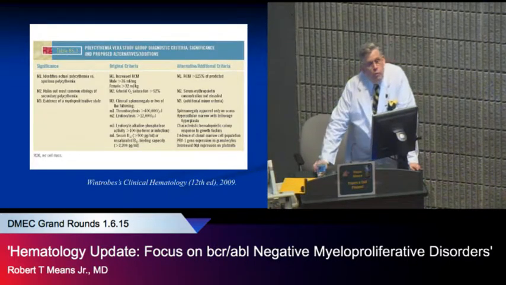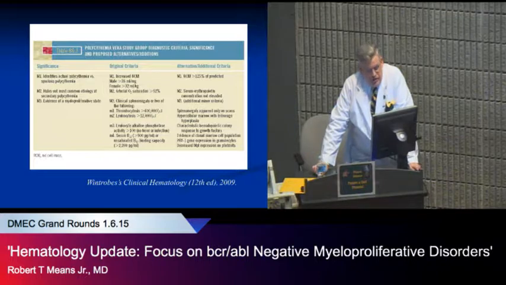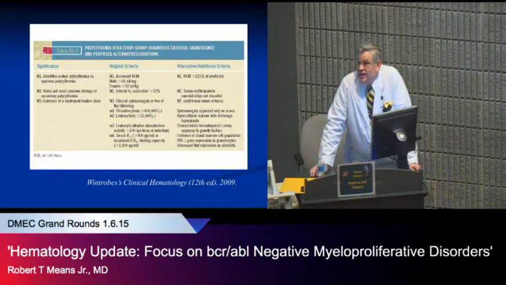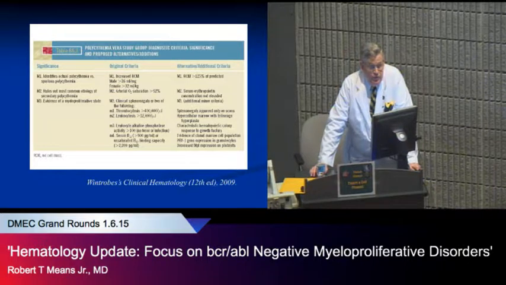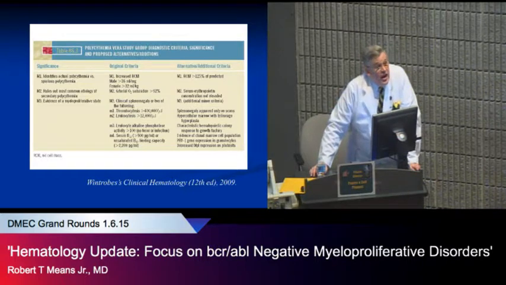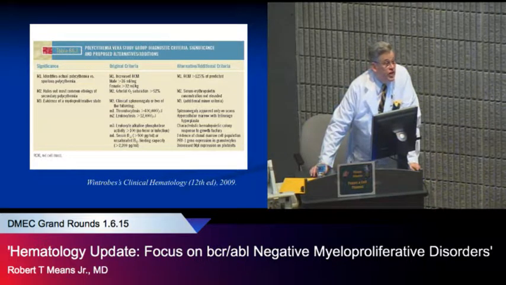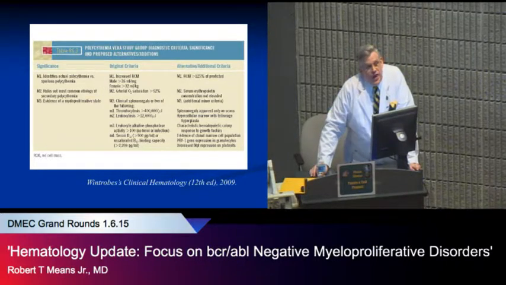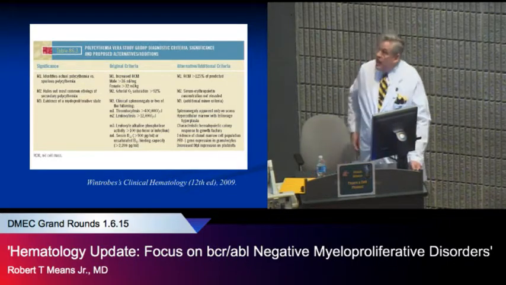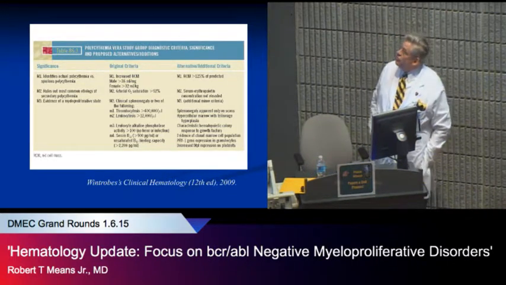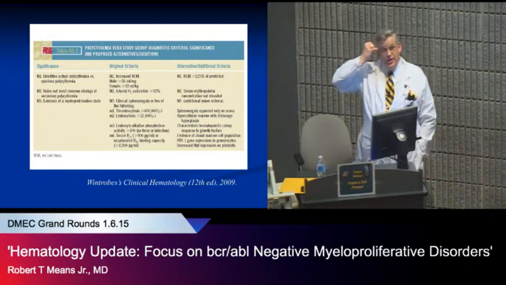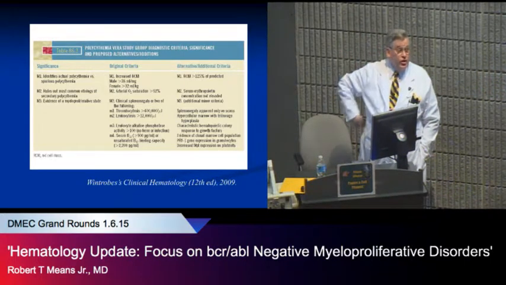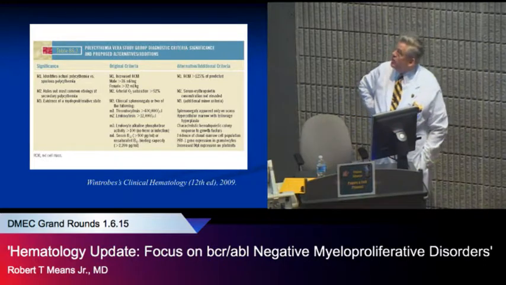So when we think of polycythemia vera, a lot of us older folks tend to think of the criteria developed by the Polycythemia Vera Study Group, which was done back in the 60s as part of one of the first big national studies of the management and diagnosis of a hematologic disorder. And in order that their studies would be valid, they developed these criteria. And I show this even though the criteria have passed and are no longer used, because they're useful as a way of thinking about it.